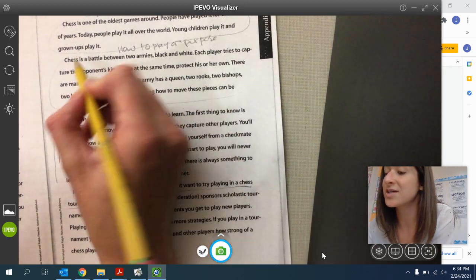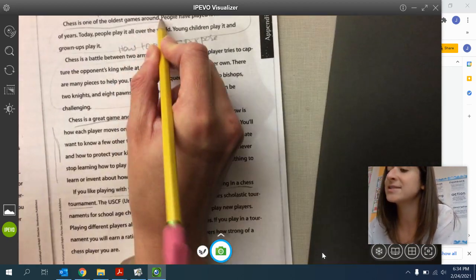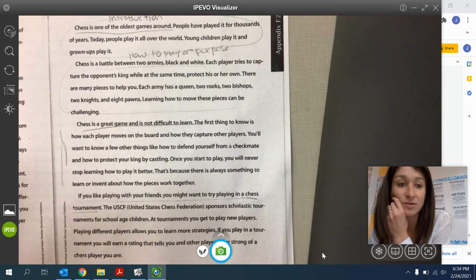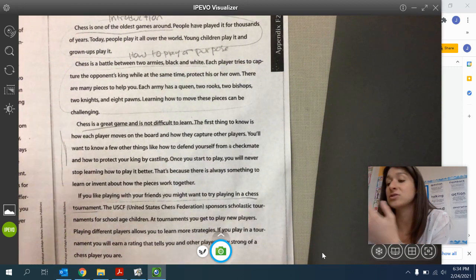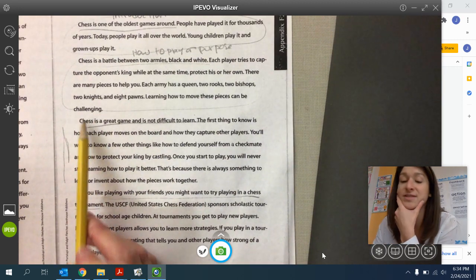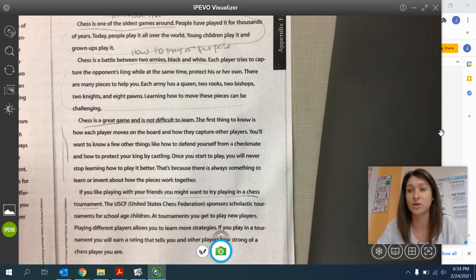So notice how our topic sentences give us these big ideas of what the rest of the paragraphs are going to be about. It is an easy way for us to break up our writing into paragraphs and introduce the next topic. So what we're going to take a look at